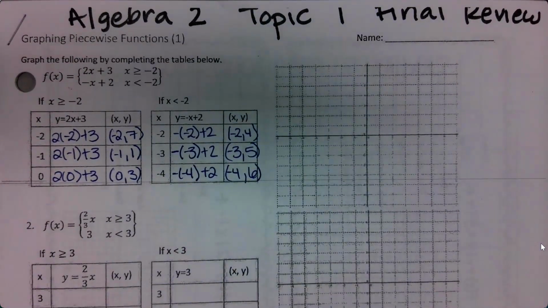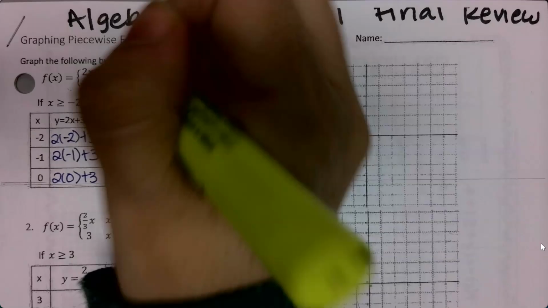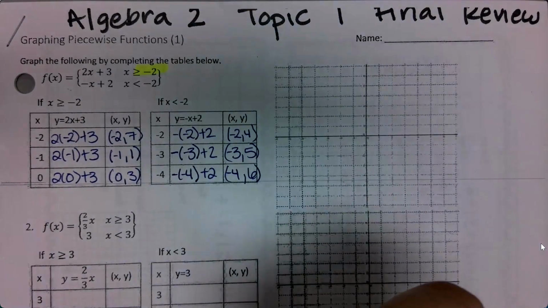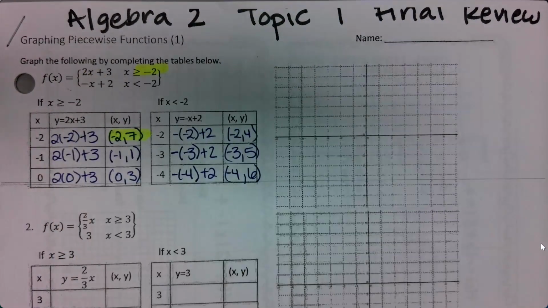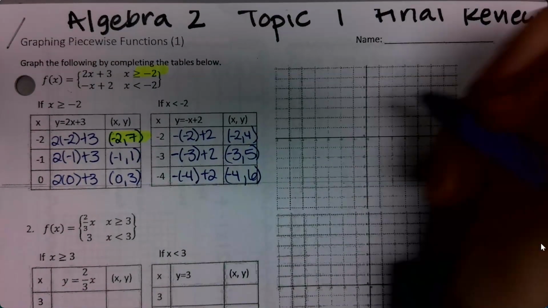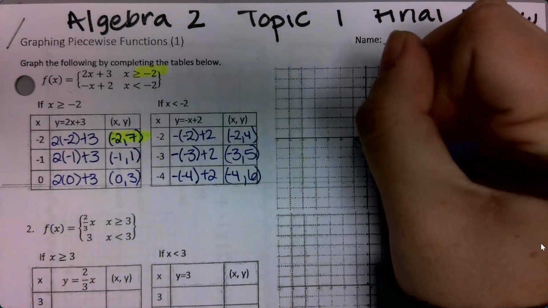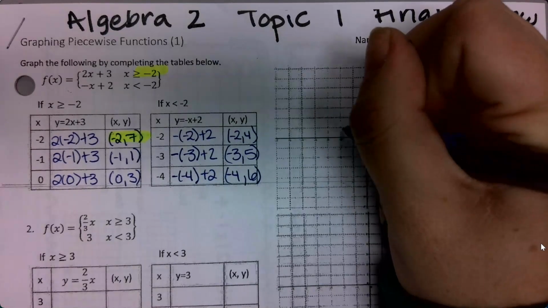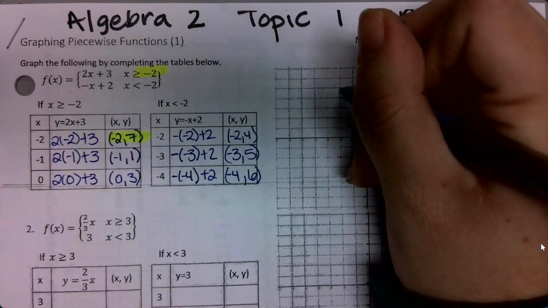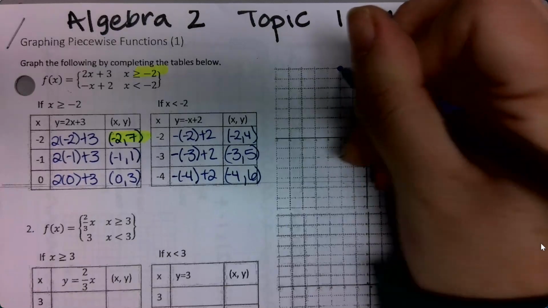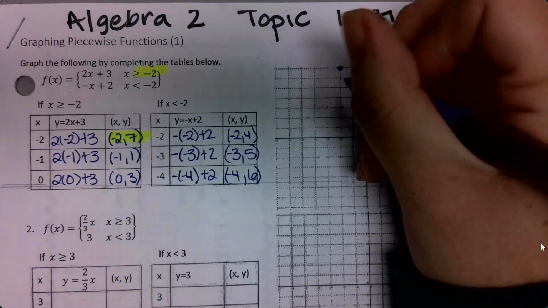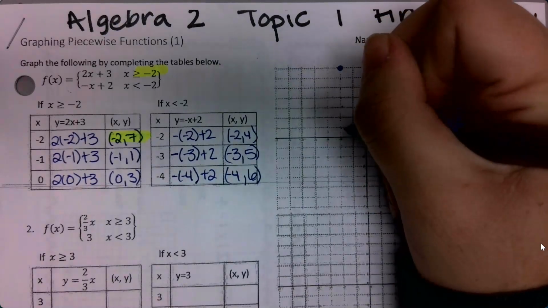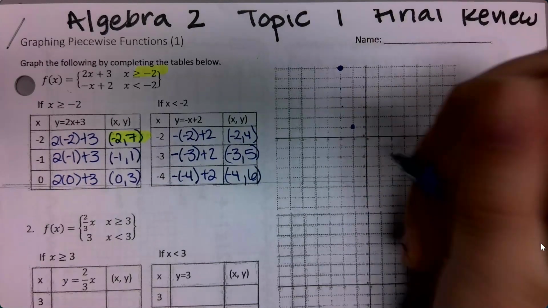I want to pay close attention to which one had the line underneath. That was my top equation, so this is the point that gets the closed circle. So I'm going to go to negative 2, positive 7. 1, 2, 3, 4, 5, 6, 7. That one gets the closed circle. Then I'm going to go down to negative 1, 1, and then 0,